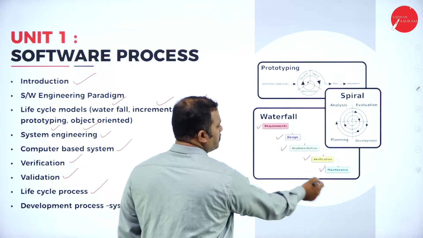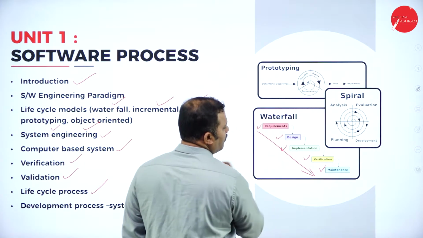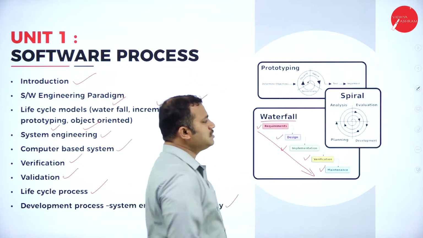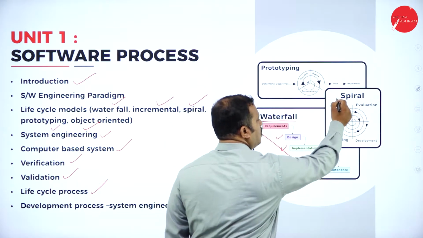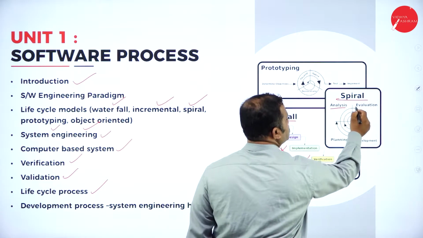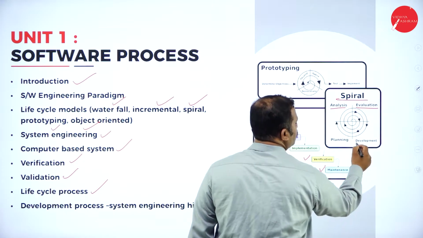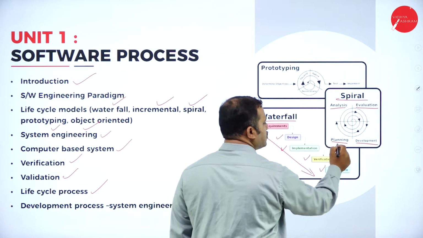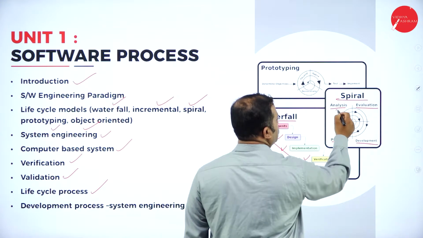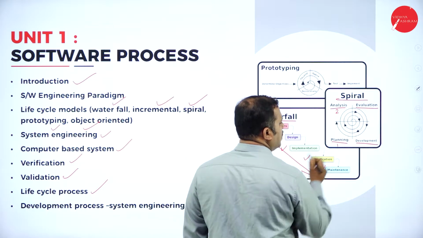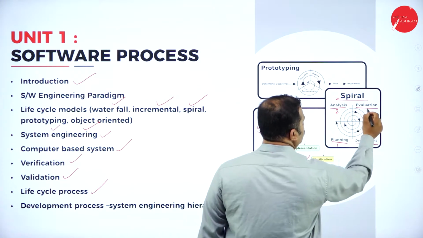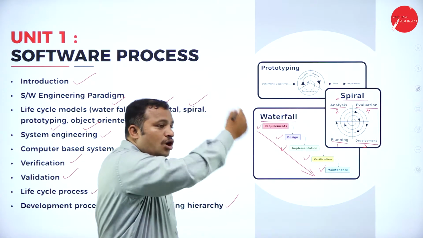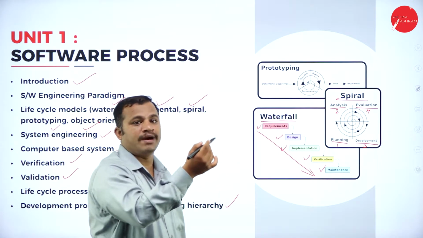These are the different steps or the process of the software development life cycle, if I consider the waterfall model. Similarly, if I consider the spiral model, you will come across different types of phases: analysis, evaluation, development, then planning. Initially, you have to plan. This is your first. Then analysis is the second, third is the development, and fourth is the evaluation. So this is about the spiral model. You have to come across all those phases in the spiral model.